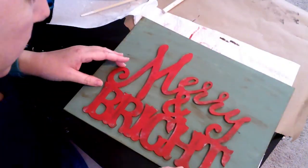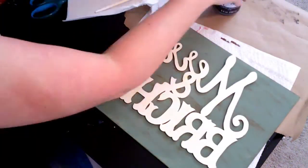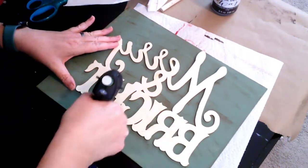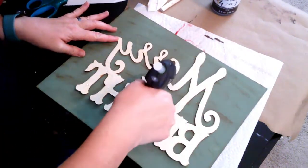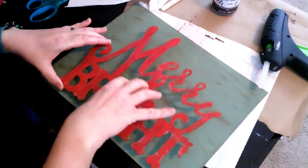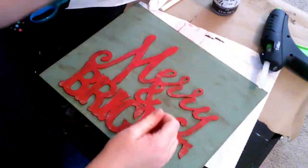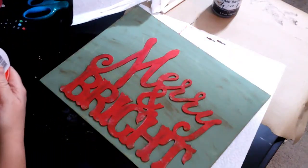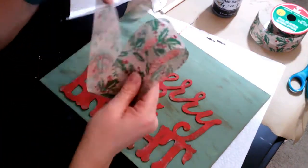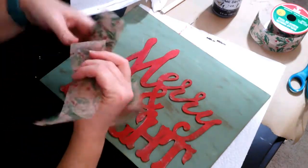So once I'm all set and done with that, I'm pretty happy with the way the back sign looks, happy with the writing part, and I'm just going to go in with my hot glue gun. And when you're doing this, you've got to work fast because you're trying to get it down before that glue starts to really dry. So I'm just going to push it down, and I'm going to use this nice burlap ribbon with the holly berries and holly on it, just to give it a little pop of something,